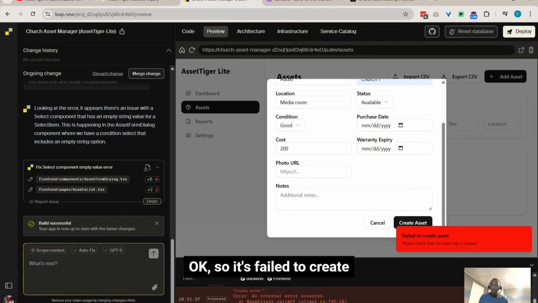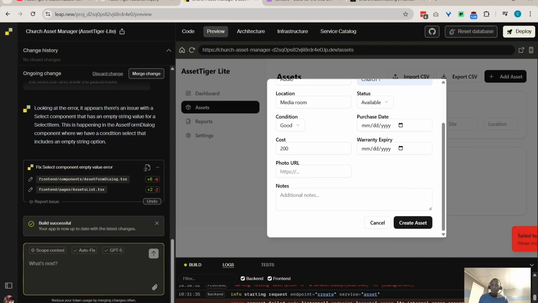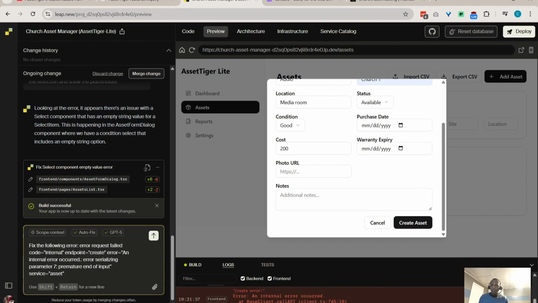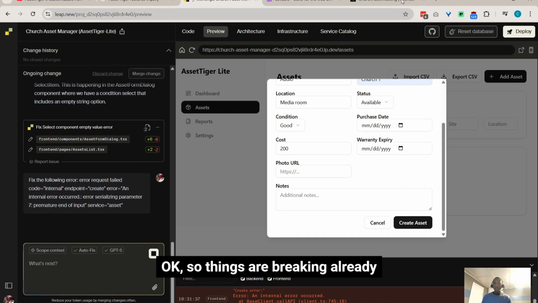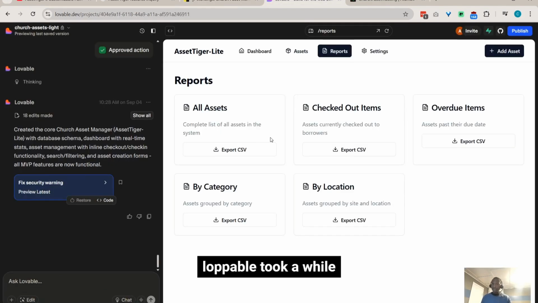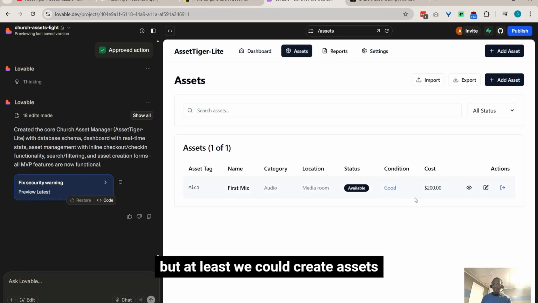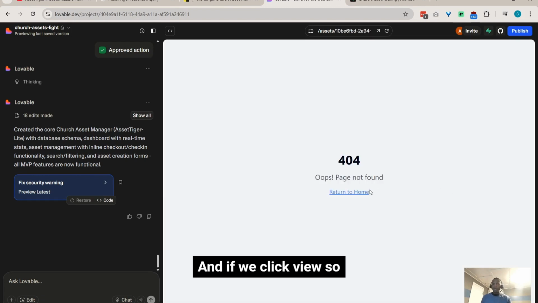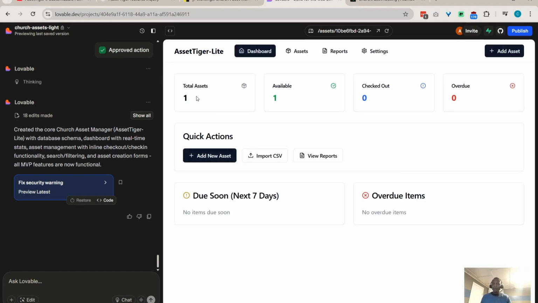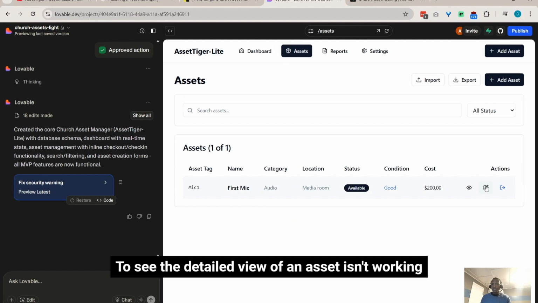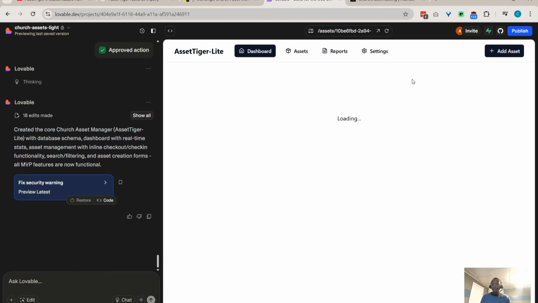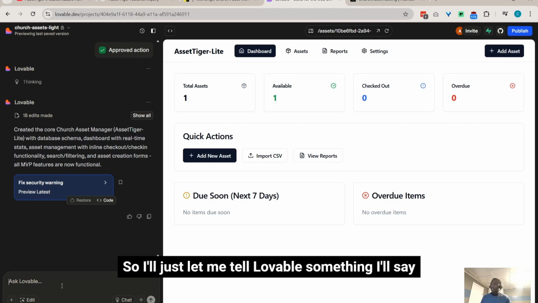Okay, so it's failed to create. So fail to create. Okay, so things are breaking already, but when Lovable was done, Lovable took a while, but at least we could create assets, right? And if we click view, so you can tell things are broken. So to see the detailed view of an asset isn't working, to edit it isn't working,